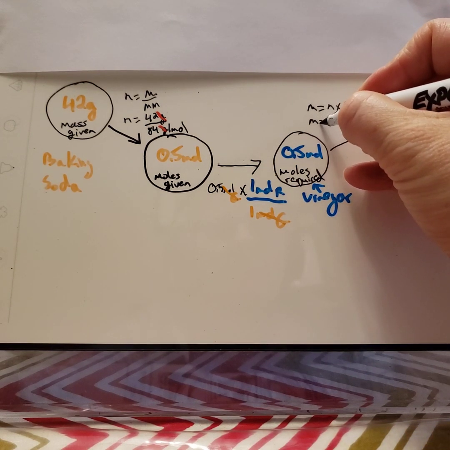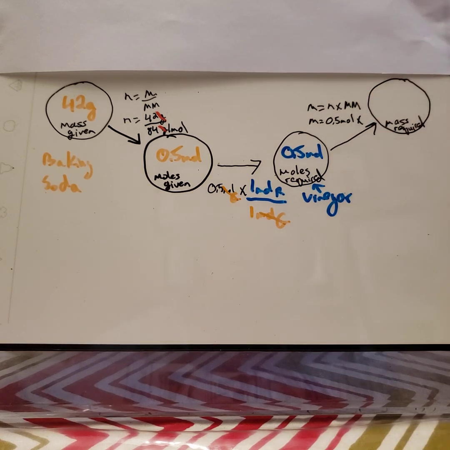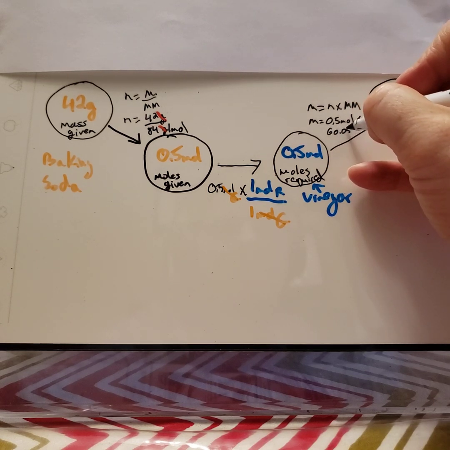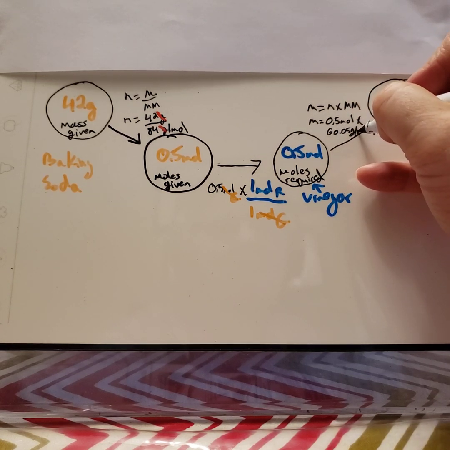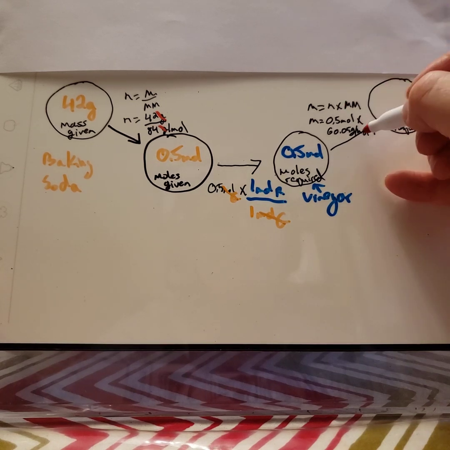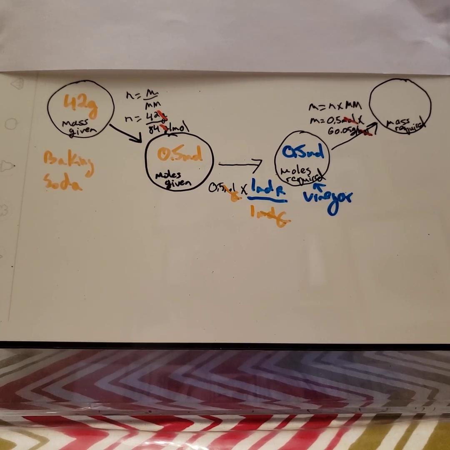So our mass equals our 0.5 moles of vinegar times its molar mass, which is 60.05 grams per mole. Didn't quite plan out where I was writing things as well as I could have. And we are going to cross out the moles. So now the moles cancels out, because it's moles top and moles bottom there, and you are left with the unit you wanted, which is grams. So all I have to do is do that calculation, and you will figure out that you end up with